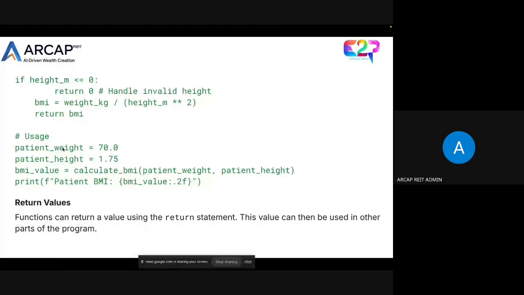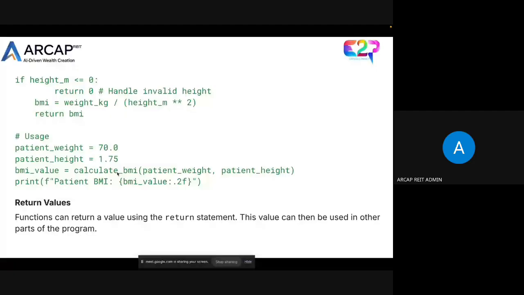So here, if your patient weight is 70 kg and patient height is 1.75, to calculate BMI we'll send 70 and height 1.75. When we call it with 1.75,